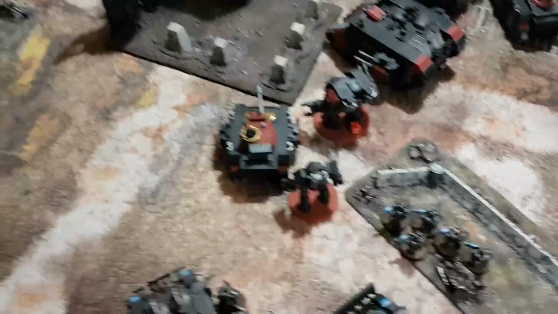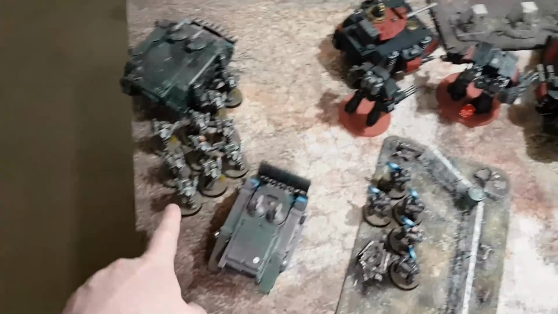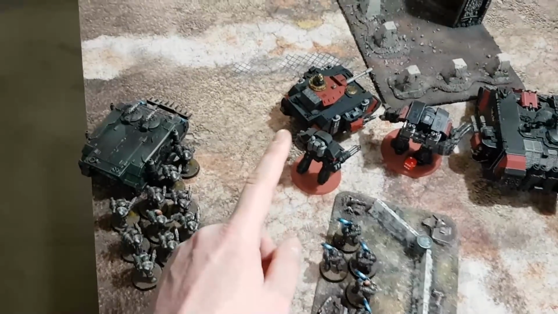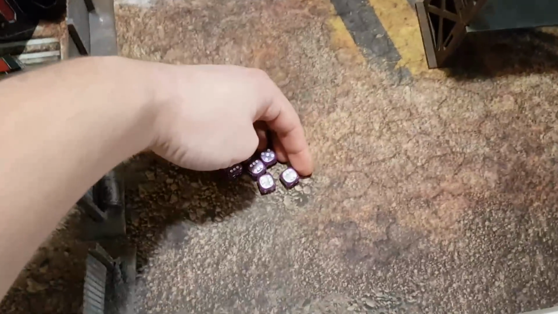I need to interrupt the shooting phase in turn 2 for James, for his Iron Hands. Tactical Squad, rapid firing into the back of the Contemptor. Got 6 glancing hits, which is pretty impressive out of the bolters. And then Will, rolling his invulnerable saves...